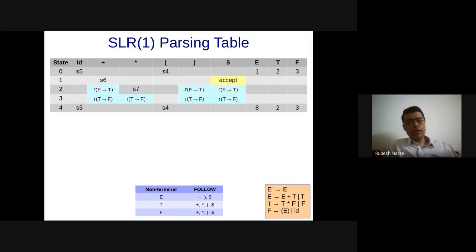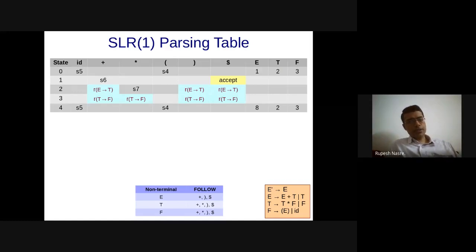So now can you please complete at least a couple of states, and then we'll move ahead. If there are any questions, please ask, if something is unclear. One might wonder, why are we doing all of this? Well, we want to have this parsing table. Therefore, we are following this particular method. So please let me know if somebody has completed.